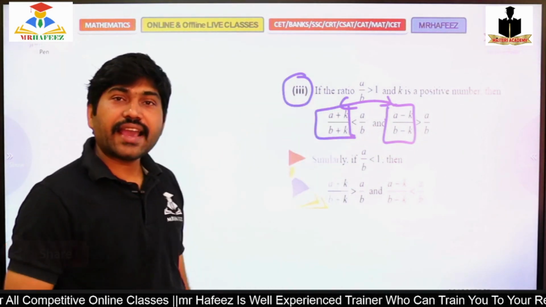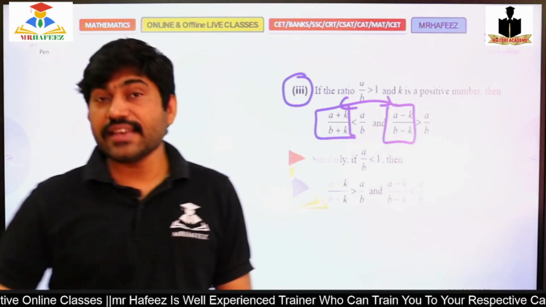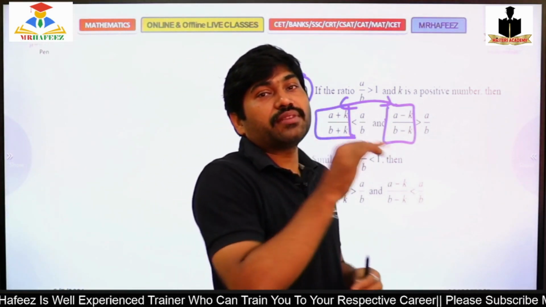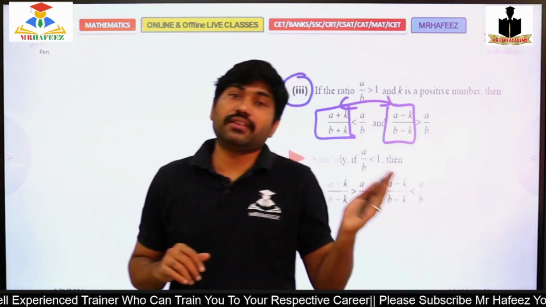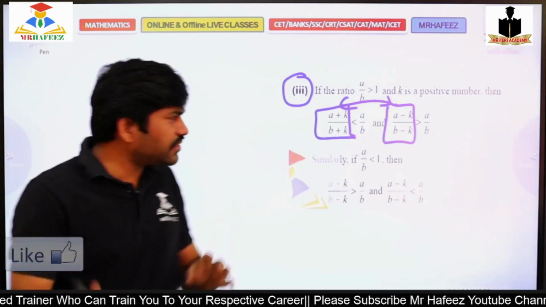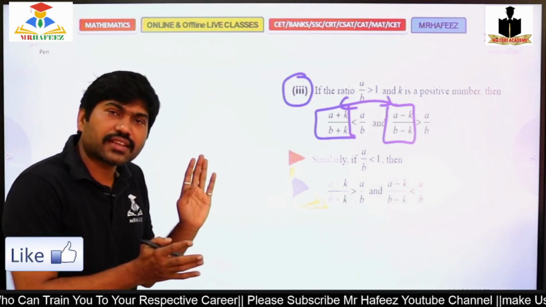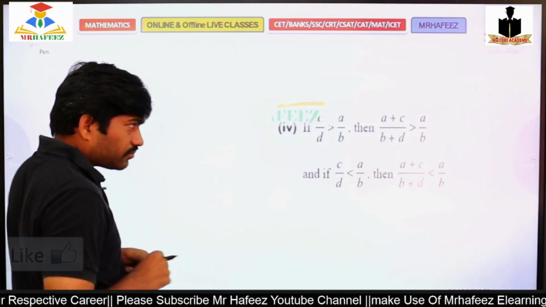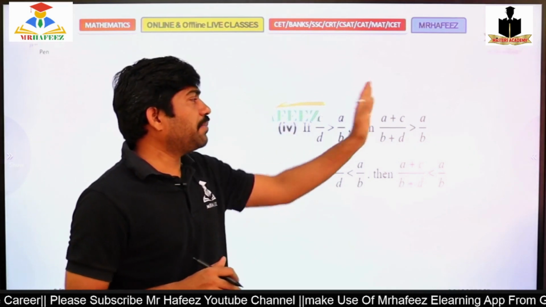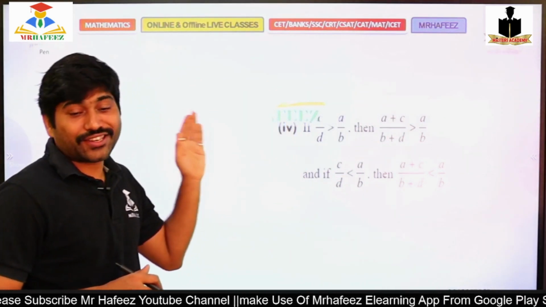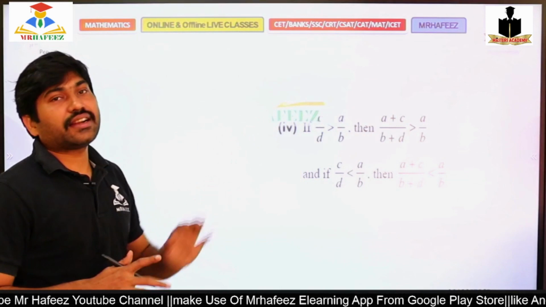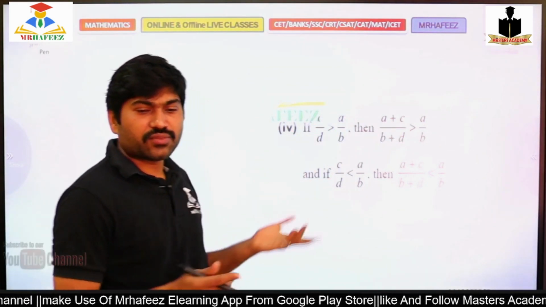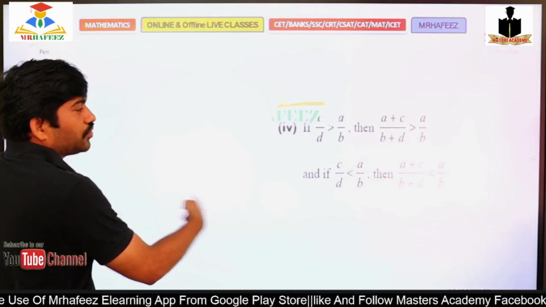And if A is less than B, then the case is reversed, the maximum value will become the smallest value. This has been discussed in the previous class. So the last one, if it is equal, A plus C, so if one ratio is more, the second ratio, that is added, then automatically that is more, that is again the fourth.